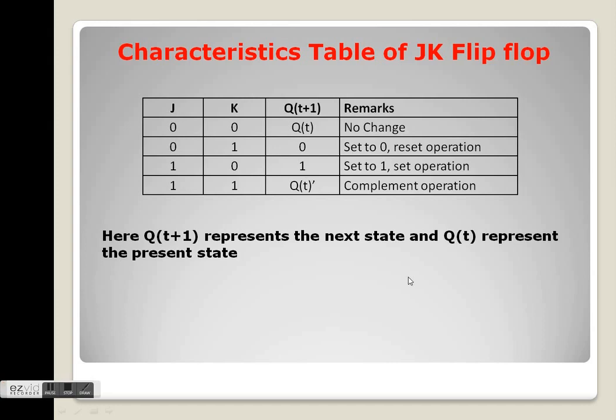And when the value of J is 0 and the value of K is 1, then the output will be 0 and it will represent the reset operation. Okay, and when the value of J is 1 and the value of K is 0, in that case the output Q will be 1 and it will represent the set operation. And when the value of J will be 1 and the value of K will be 1, in this case the output will be the complement of its present state. Okay,